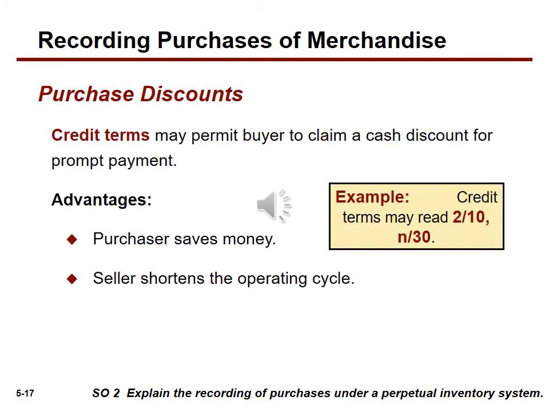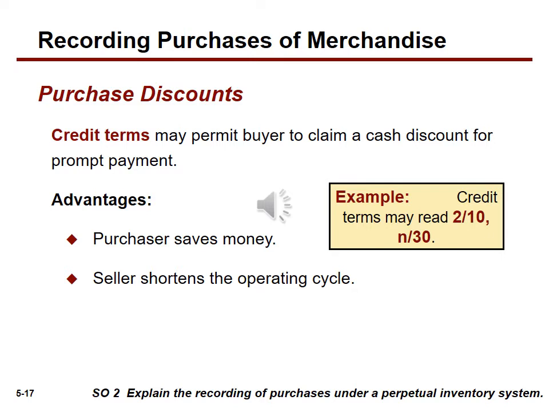Another consideration that we need to look at is the event of getting a purchase discount from our suppliers. And that, of course, depends on the credit terms of the transaction. So the credit terms of the purchase transactions may permit the buyer to claim a cash discount for prompt payment, usually. This, of course, provides a benefit to the purchaser, in this case ourselves, in that we're going to save some money on our transaction. It could also provide an advantage to the seller, where it shortens their operating cycle